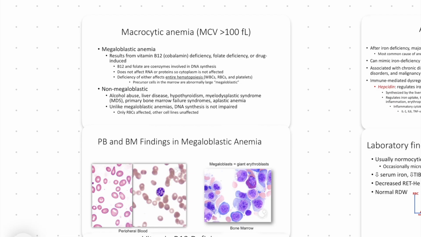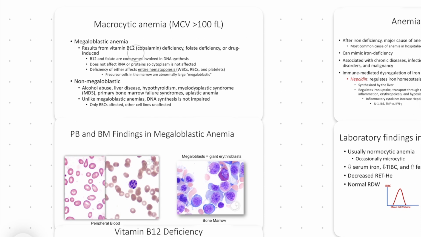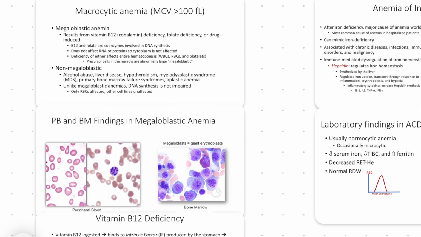Moving on to macrocytic anemia, so that's, remember, referencing the mean corpuscular volume, in this case greater than 100. Some of the key things here are going to be vitamin B12 and folate deficiency. Vitamin B12 and folate, think of them as ingredients in the production of red blood cells. So if you don't have the proper ingredients, then you're not going to have production or as good production of